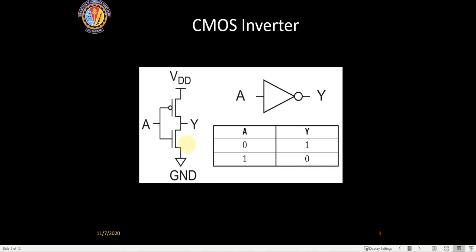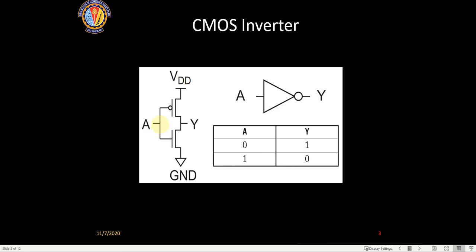So this is an NMOS transistor. This is a PMOS transistor. How do we distinguish between NMOS and PMOS? PMOS will have a bubble out here. They both are like a switch. It will close depending on the gate control, and this is the source and drain. It acts perfectly like a switch.